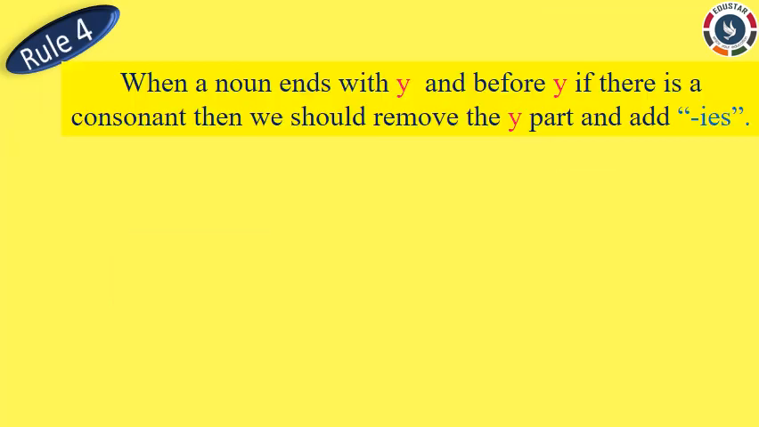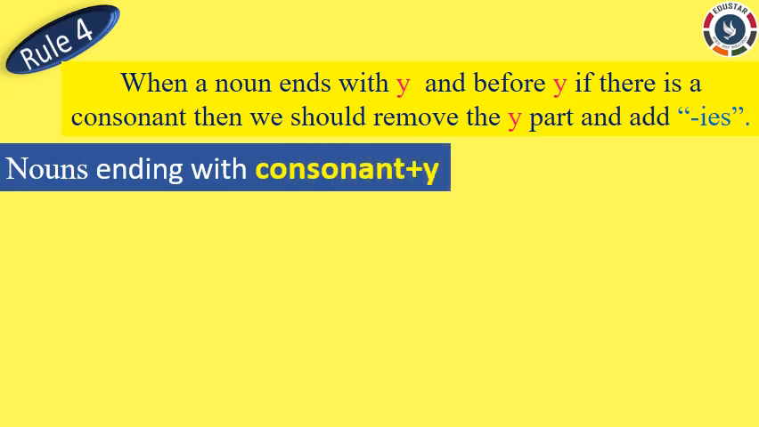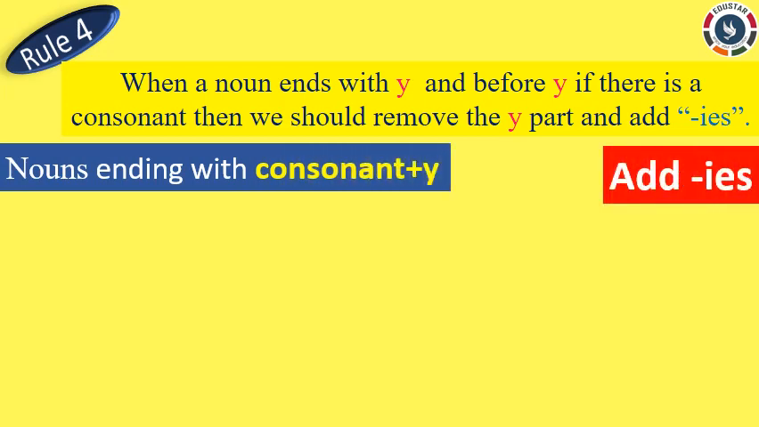Rule 4. When a noun ends with y and before y, if there is a consonant, then we should remove y and add ies. Let us see with some examples. Take the word baby. Here, the word ends with the letter y. And before y, we have a consonant b. So, remove y and add